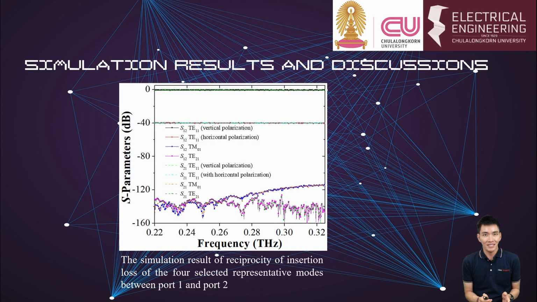This compatibility ensures a smooth transition and efficient mode conversion within the horn-type connector, and the benefit of near zero insertion loss of the TE11 mode with vertical polarization contributes significantly to improved performance and reliable transmission in